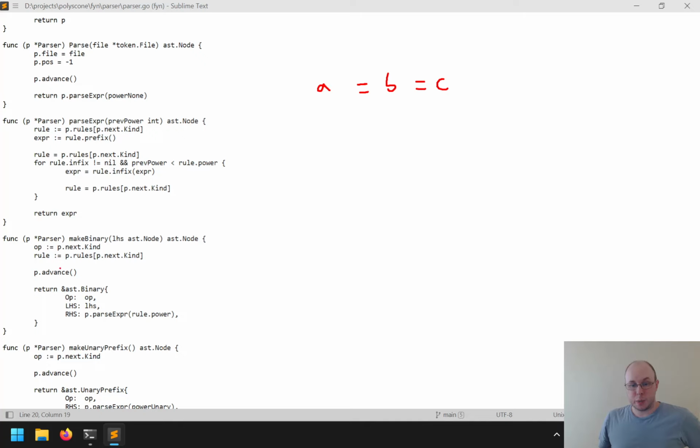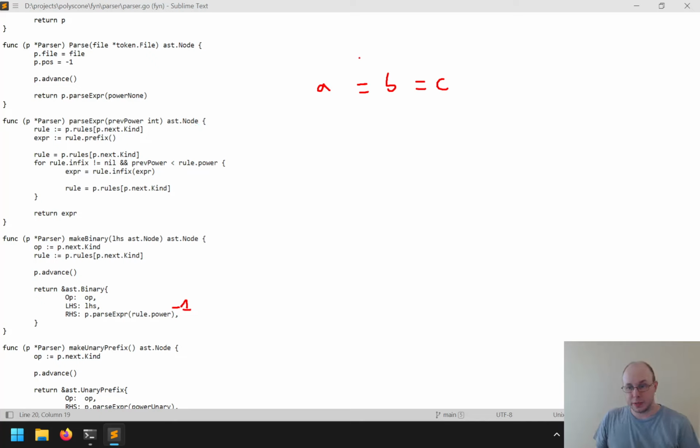If it is, then we can just decrement the power by 1, so we could say power minus 1. Then that way, when this power gets passed in to the parse expression, it's 1 less than it would be, and this will now be true,